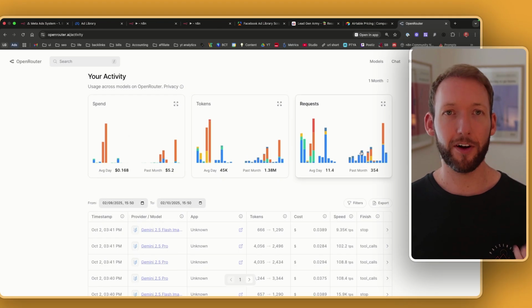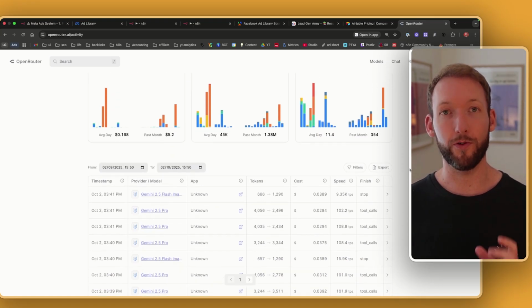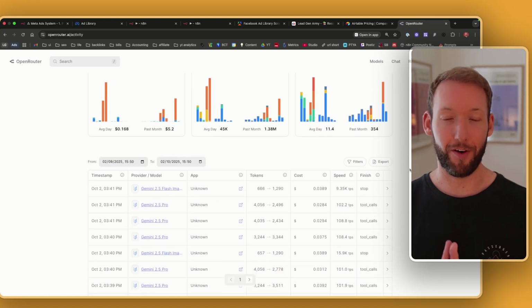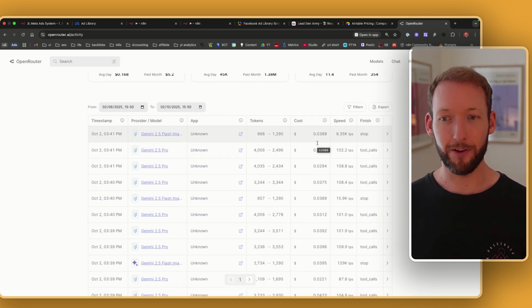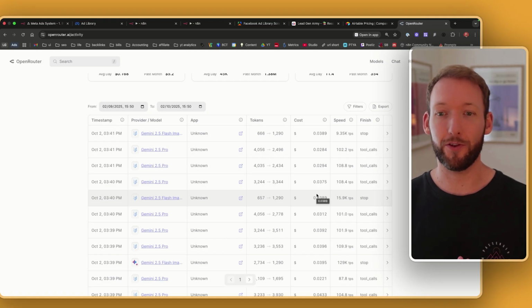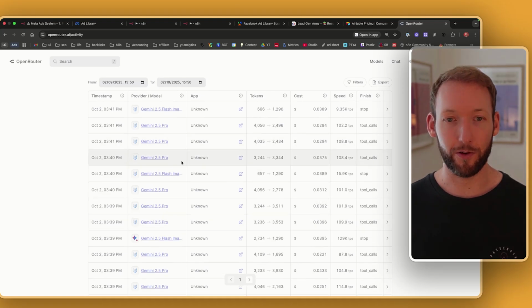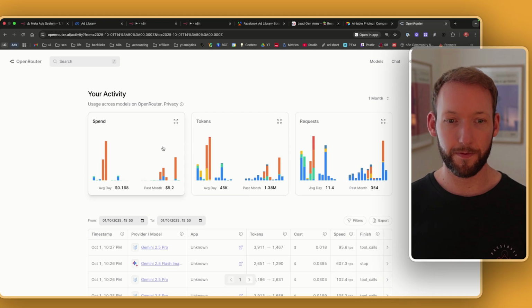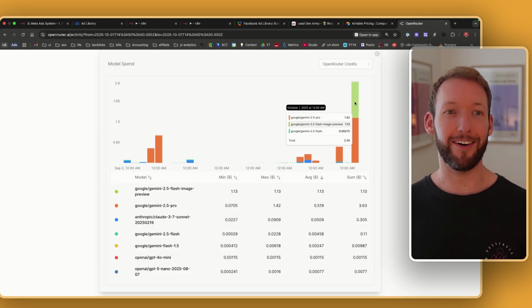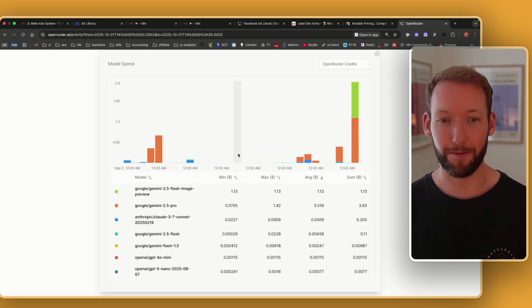And then finally, we can talk about probably the most expensive part, which is image generation, or also using Gemini Pro and Gemini 2.5 Flash for the image generation. You can see it's around 4 cents for an image, but that varies between 2 cents and 8 cents, depending on the complexity of what you're feeding in. And also you can see, for example, if we look at yesterday's usage for me, we can see the breakdown inside OpenRouter here of how much we've spent on each. So yesterday, for example,